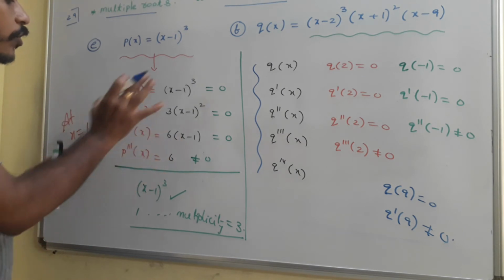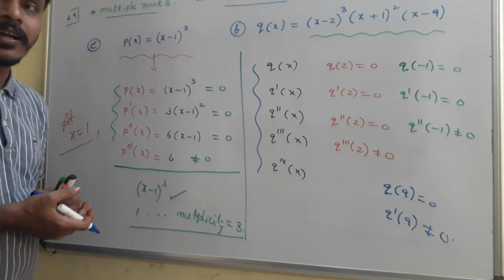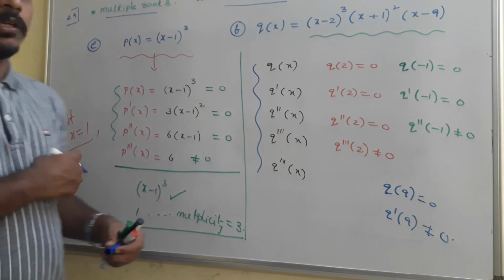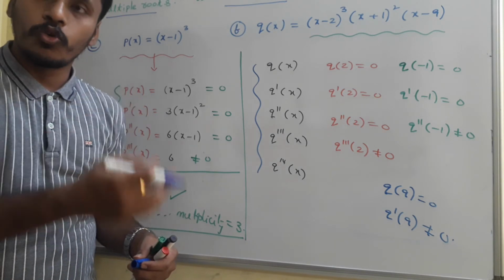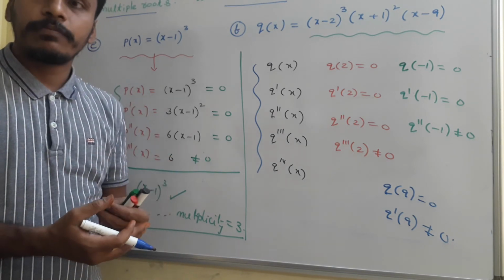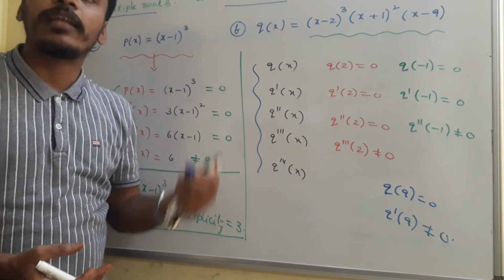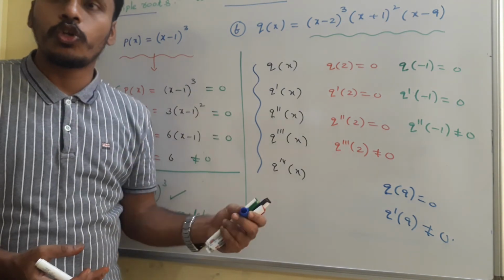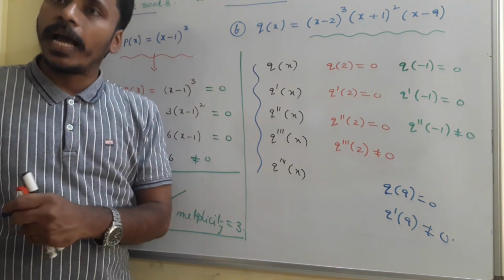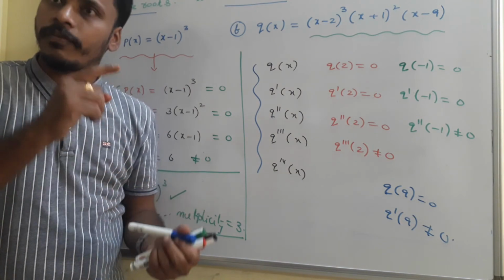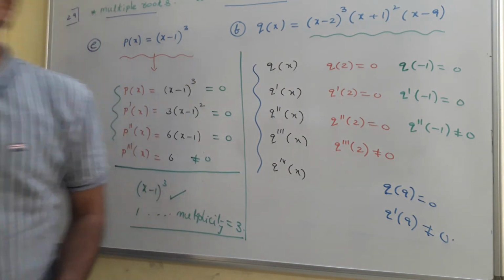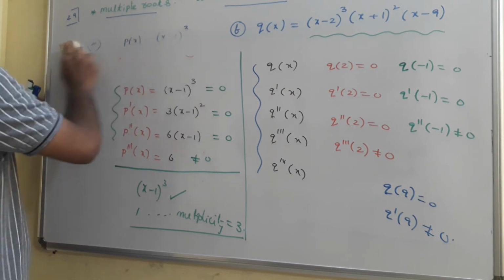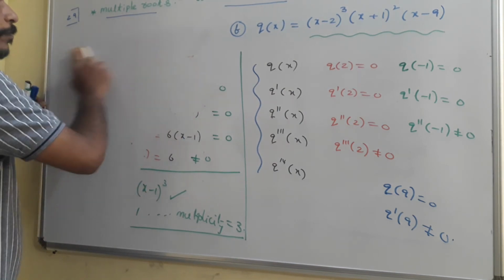So with this situation, what I am going to generalize is, if you have a polynomial and it has a multiple root n times, then the values at that particular point are zeros for n times, and for the next derivative itself, the values are non-zero. I will give you the situation.